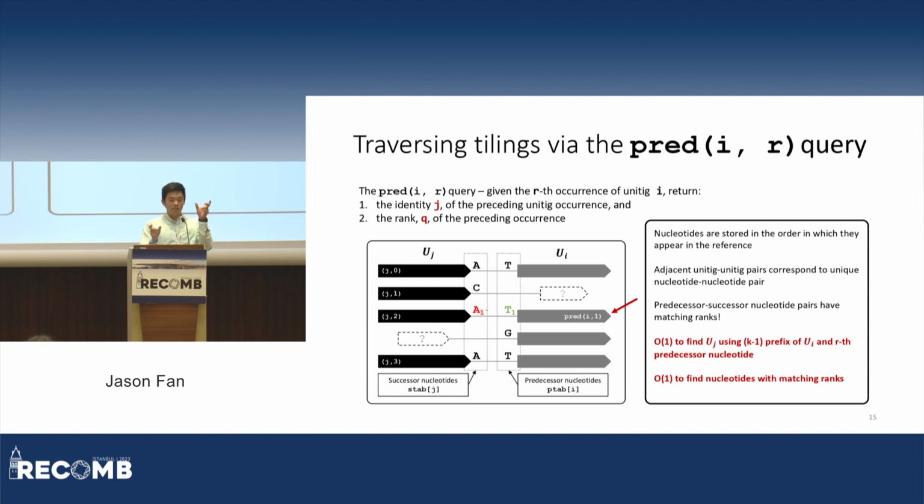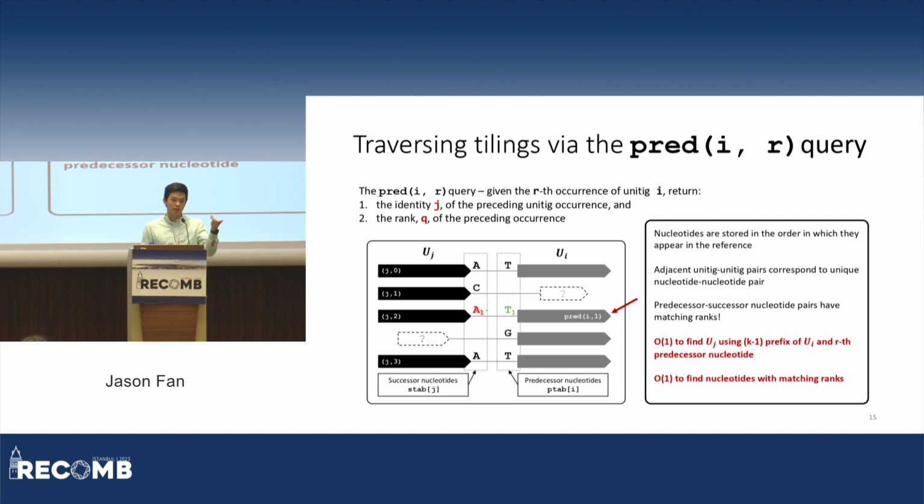And also, these successor-predecessor nucleotide pairs have matching ranks. So here, the ith occurrence of the pair AT corresponds to the ith time that UJ and UI also co-occur. So this is somewhere in the reference. What's crucial is that if I give here the ith occurrence of UI, finding out that my